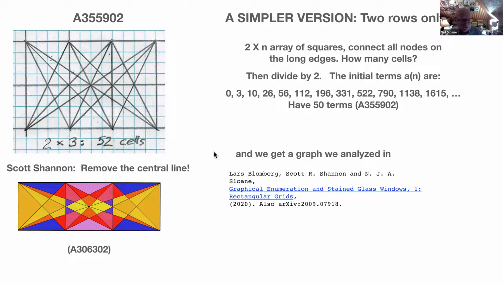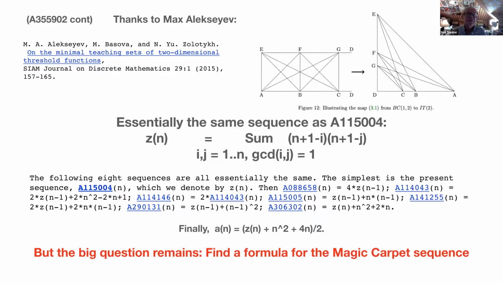But this is rather an unusual transformation of the sequence, to remove a line from the graph. But anyway, it works. And the formula you get when you do that, referring back to our old paper, is actually a very classical formula. It's basically the sum over all pairs i and j whose GCD is 1 of n plus 1 minus i times n plus 1 minus j. I conjectured that, and Max Alexeyev pointed out that it's